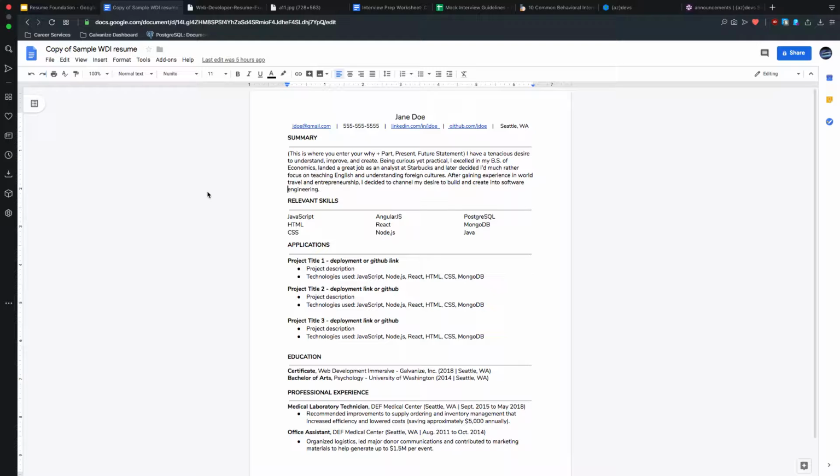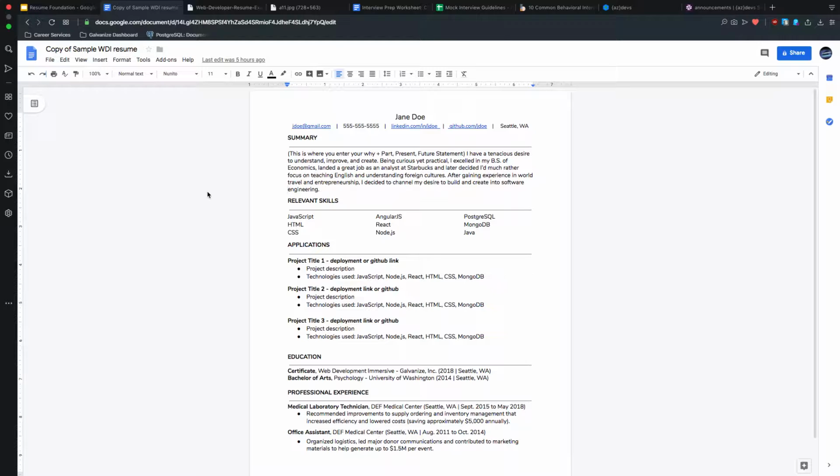Now you can see down here as well, we have the relevant skills. These are all things that we're going to be learning, except maybe Angular, but I know for a fact we're going to be learning React, Java, MongoDB. And this is going back to above the fold. This would be considered above the fold right here. You can see very quickly that it's sectioned off. They have a synopsis about who you are, and quickly at a glance, they can see what skills you're offering to the table. And then below the fold, that's where you can include things like your projects,